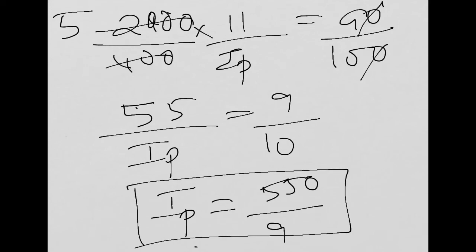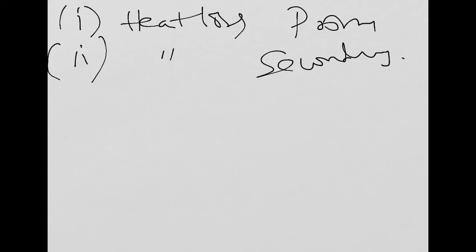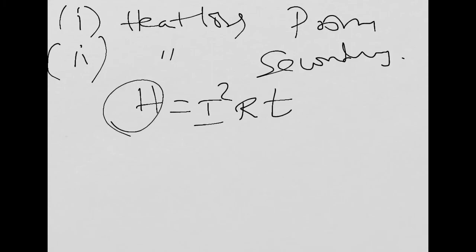The question is about calculating the heat loss in the primary coil, as well as the heat loss in the secondary coil. Heat loss, we know H is equal to I square RT as the formula. Then we have to look out for time, no? Unfortunately, we are not given time in this question. So it must be a power loss rather than heat loss. So make T as 1 or cancel it, it's going to be simply power loss that we're going to calculate. All we need is I square R.